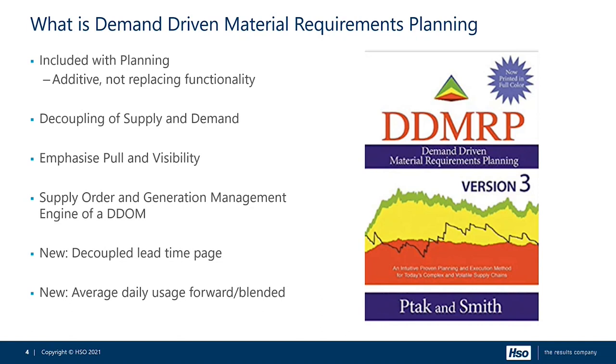Some of the new elements are there's a decoupled lead time page, and we'll talk about what decoupled lead times mean in a second. It just allows you to see your product and the manufacture of those products in a bit more detail, and see that functionality providing data so you can estimate how much of a given product will be needed in the future, using your average daily usage, which is blended with current demand requirements. That's useful for forecasting, introducing a new product or something like that. So let's talk a little bit about what